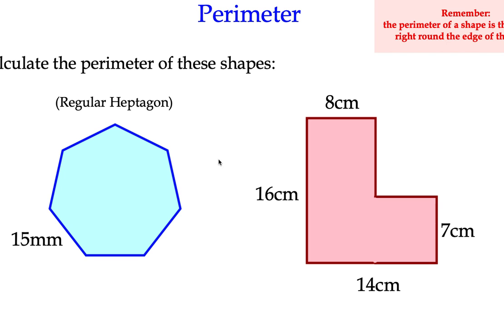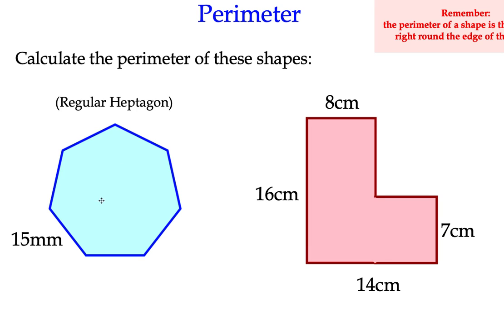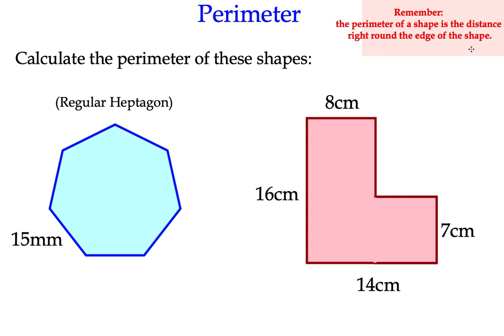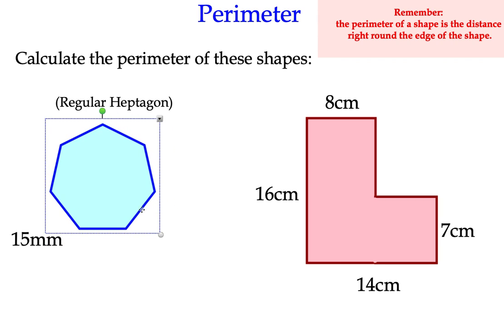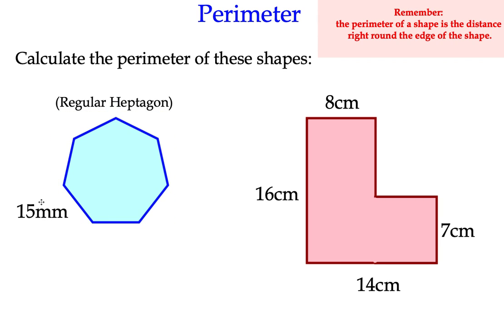Let's have a look at, oops, that's kind of gone out of the edge of the page. Let's bring that in. So we'll just shove that in just to remind ourselves. Okay, so calculate the perimeter of these shapes here. We've got a regular hexagon, now a regular heptagon. Now, the important thing here is the use of the word regular,